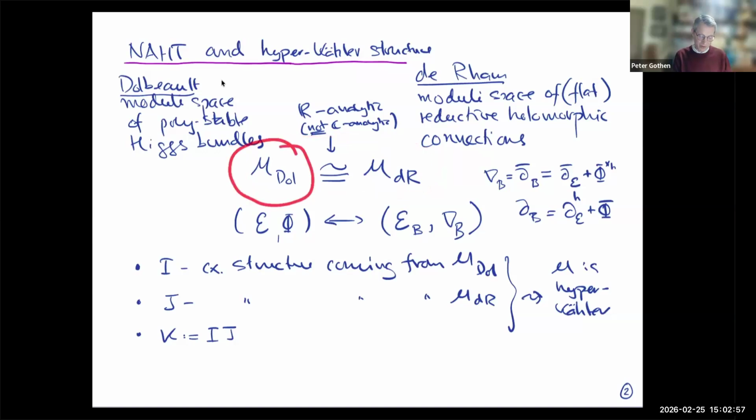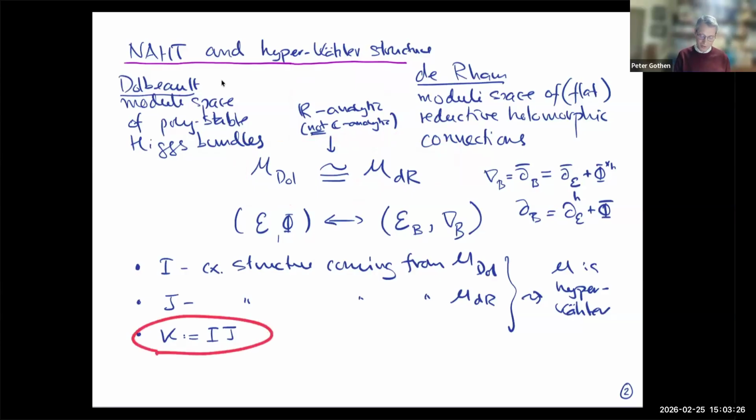One comes because it's a moduli space of Higgs bundles, an algebraic moduli problem, but there's also the moduli problem of flat holomorphic connections, so also a complex structure. And when you look at this bijective correspondence, you realize that this is actually real analytic, but certainly doesn't respect the complex structures. So ultimately, the underlying manifold or variety has two different complex structures.